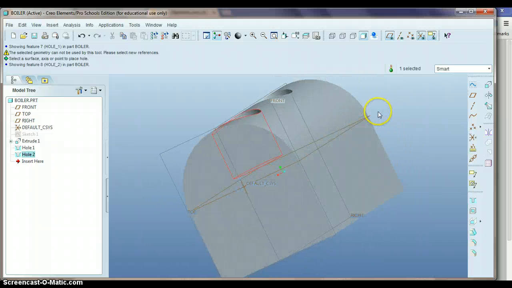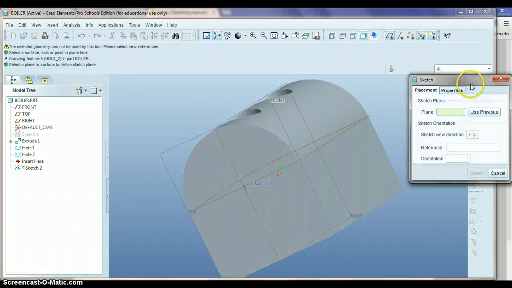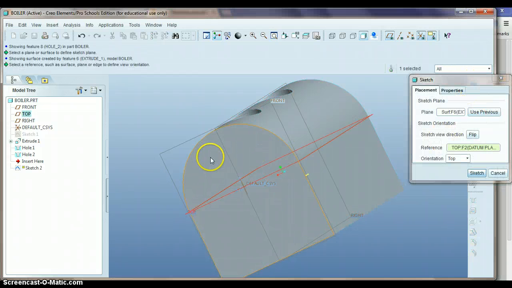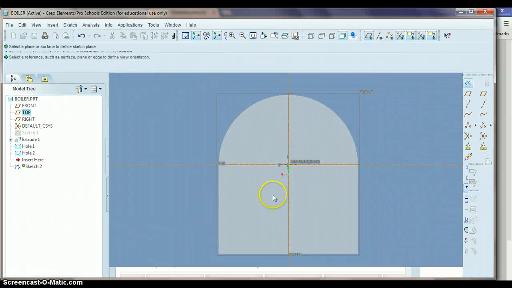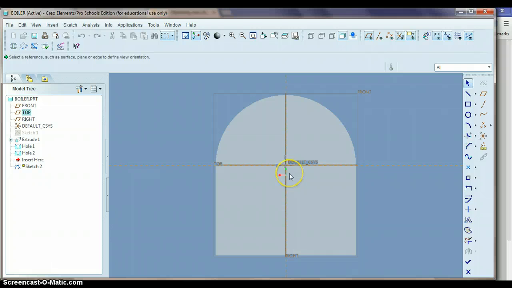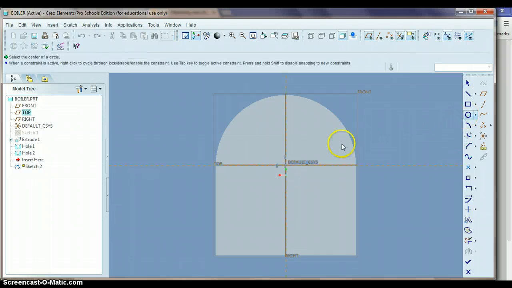Let's see, the last thing on the boiler is the little light on front. So I'm going to click just somewhere on this front surface and hit sketch. Oops. I'll click there. There we go. We'll hit sketch. And so we want to be looking at this part of the boiler. We'll just make this kind of freestyle. We'll click on the center of these two datum planes, move it out just a little bit,